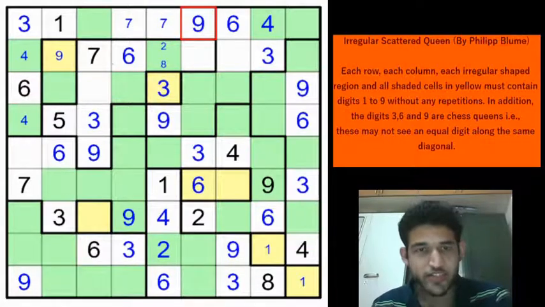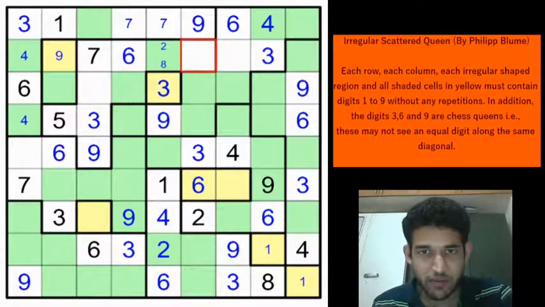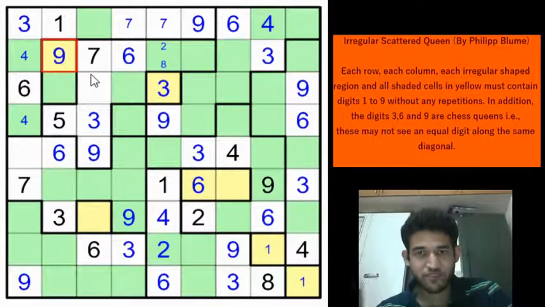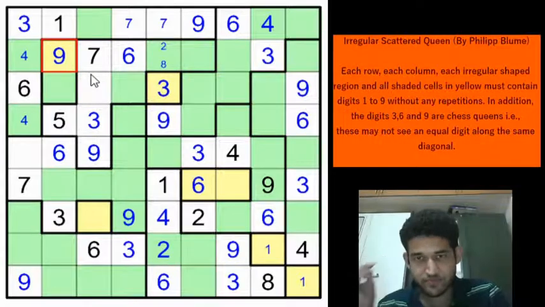And now row 2 has only one 9. We will easily be able to place. So these cells can't be a 9. And there is only one cell, and that has to be in row 2 column 2. No other cell can contain a 9. Amazing. A really challenging Sudoku, I would say. Very difficult to see deductions.